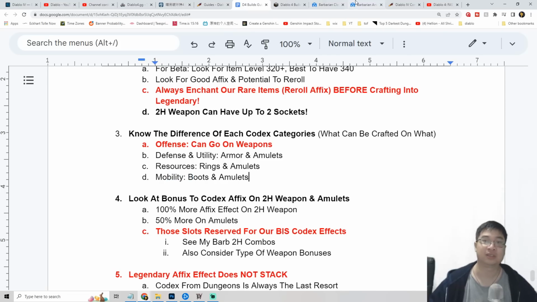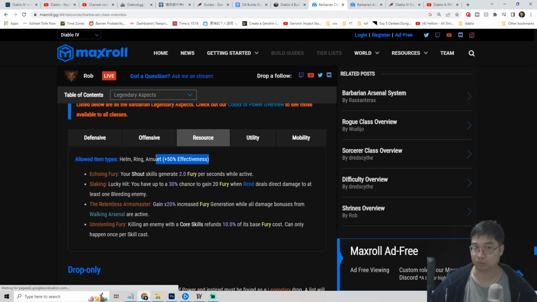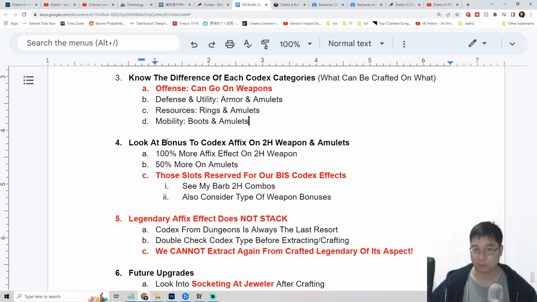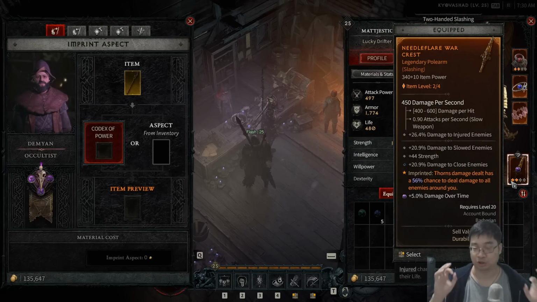So right away, you can see the amulet is actually a universal item in the game that can go onto almost all the codex. And this also provides an additional 50% effectiveness. So this is the second best thing compared to the two-handed weapon. And this of course comes to our next point: the bonus effectiveness on the Codex Affix and also legendary aspects. You really want to look into the best-in-slot two-handed weapon and also amulets, because those provide 100% and 50% effectiveness. So what I did was, I do have a recording,